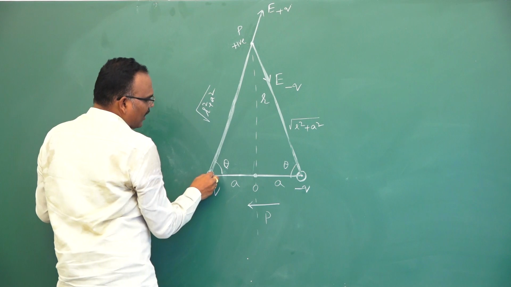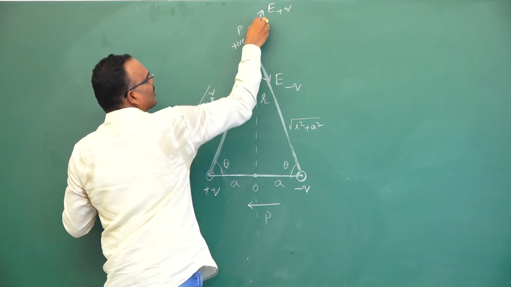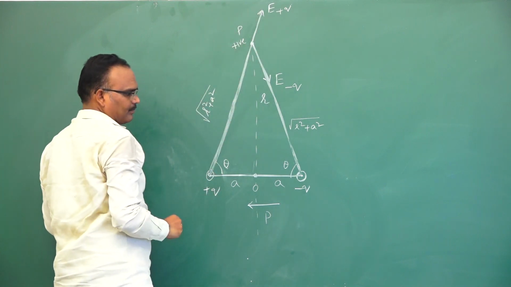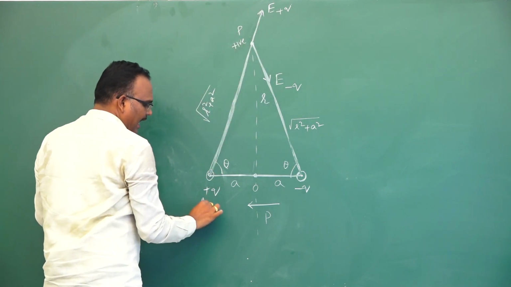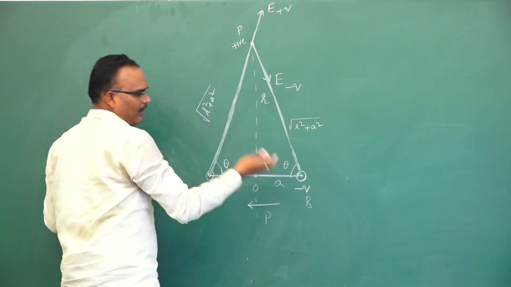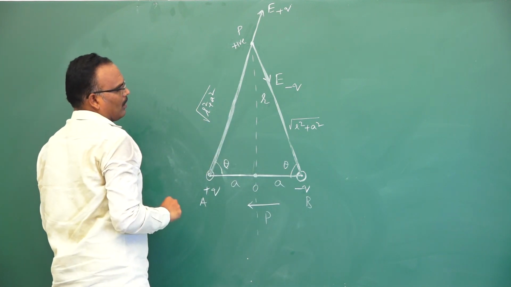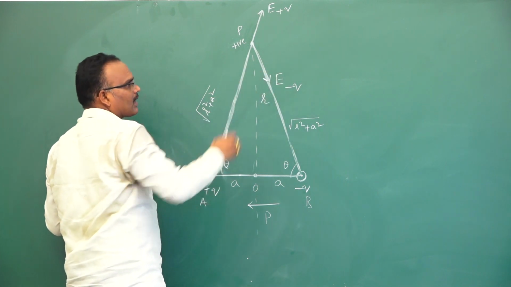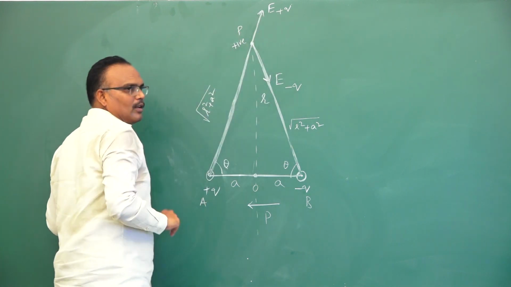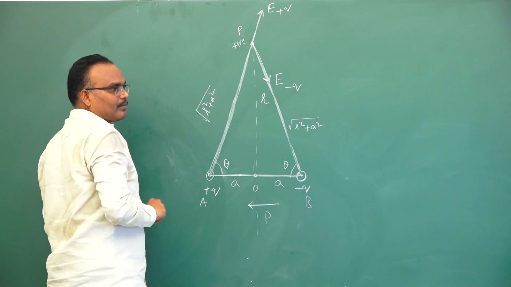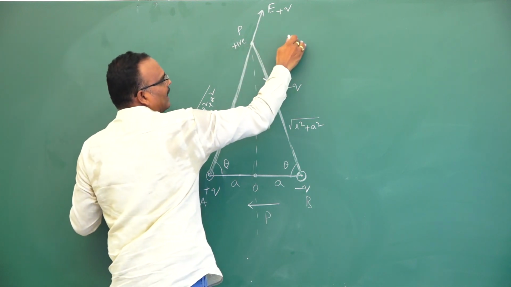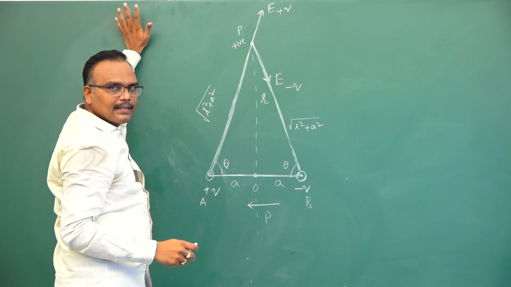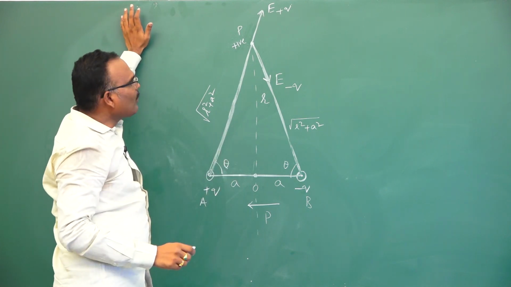See here, the electric field due to the positive charge is in this direction, like this. This is A, this is B of a dipole for example. Now here the electric field will be in this direction. The resultant lies between them. To know the resultant electric field, I can use the parallelogram law, that is one method. Or else I can even resolve these vectors.